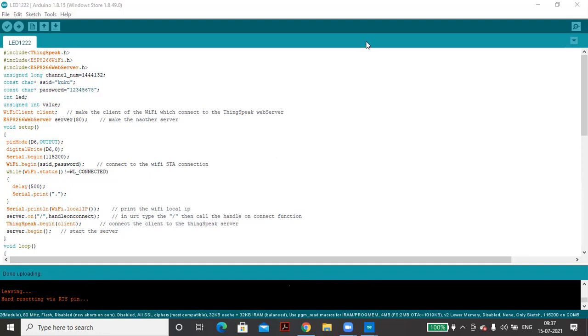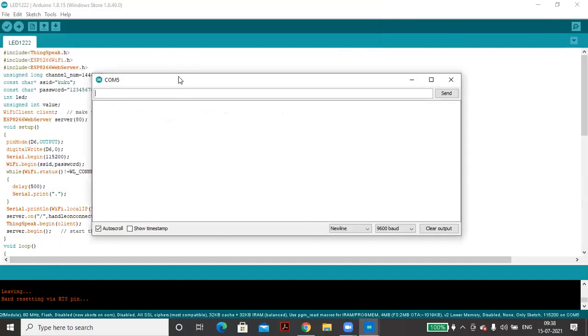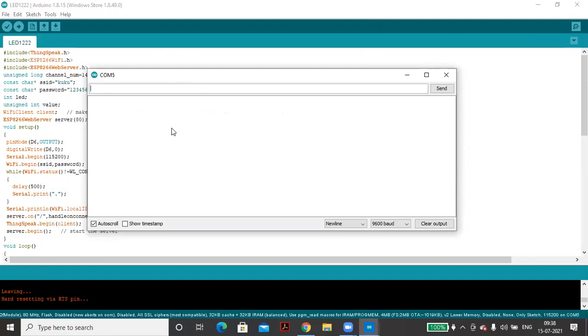Now we'll go and check whether our board is communicating or not. See, in the corner there is a serial monitor. Okay, we'll click here. One window will pop up. Now what we have to do is press the reset button on the board. If I let you see it,